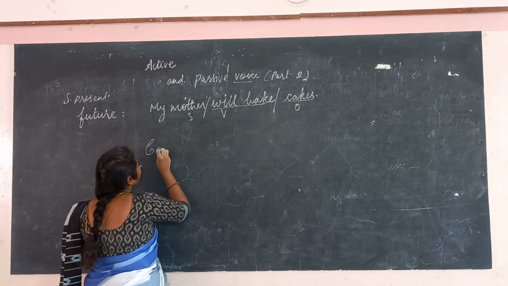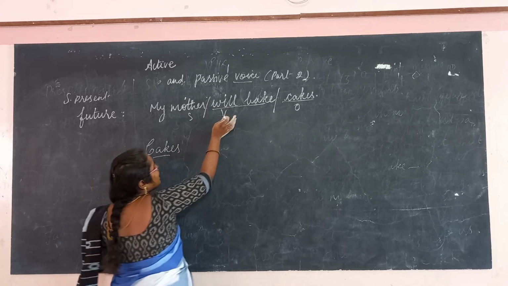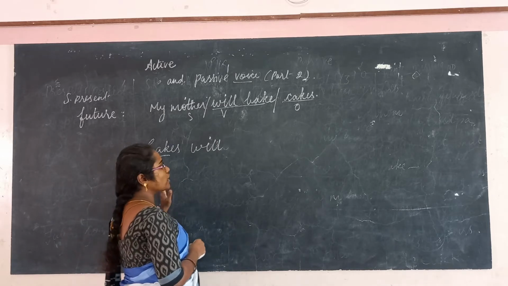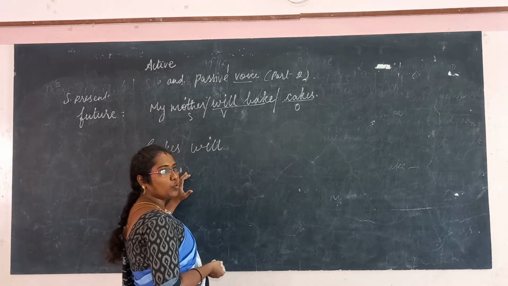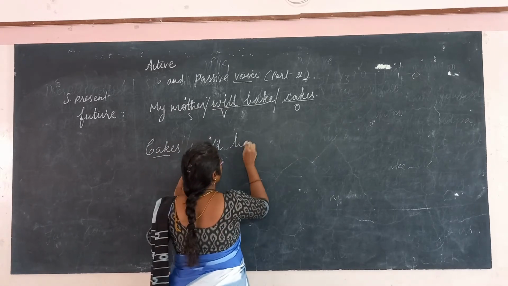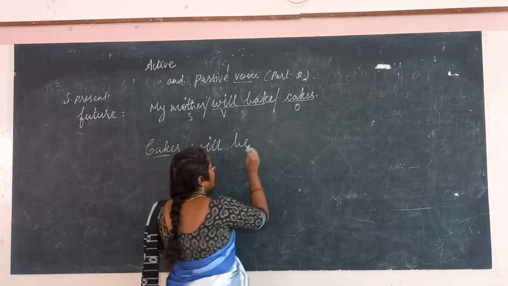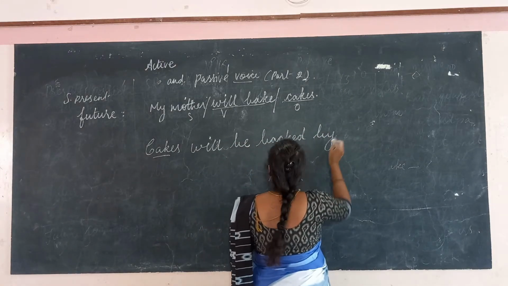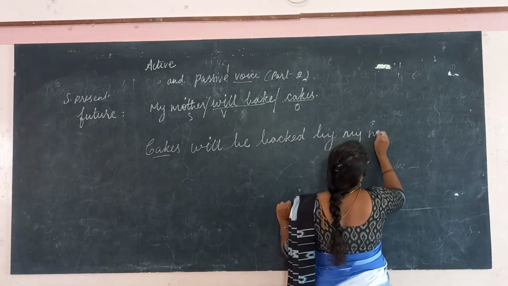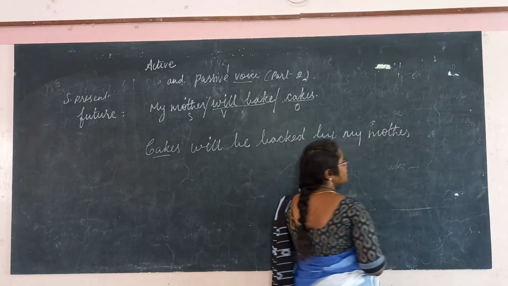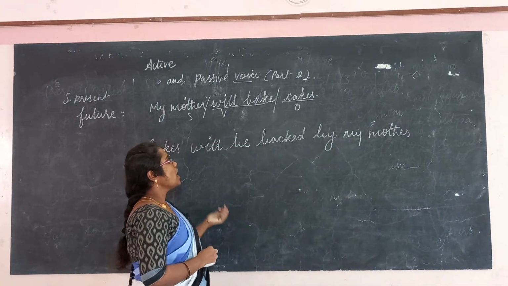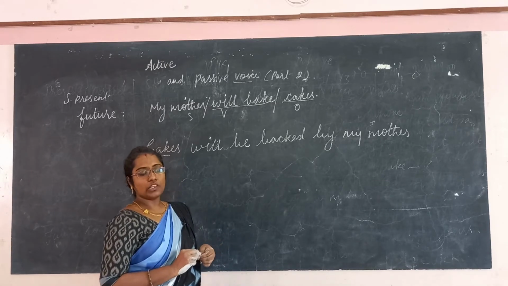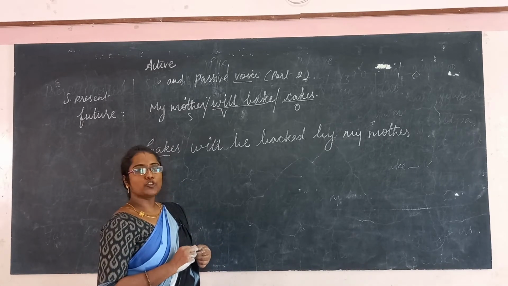So cakes. Already the verb is will. As I told you already, for simple future in passive voice, you have to use the verb be: will be. As usual, V3: baked by my mother. So remember, subject becomes object, object becomes subject, and based on the number of the subject and the tense, we have to add the be form verb and the word by, and the main verb should be in the V3.